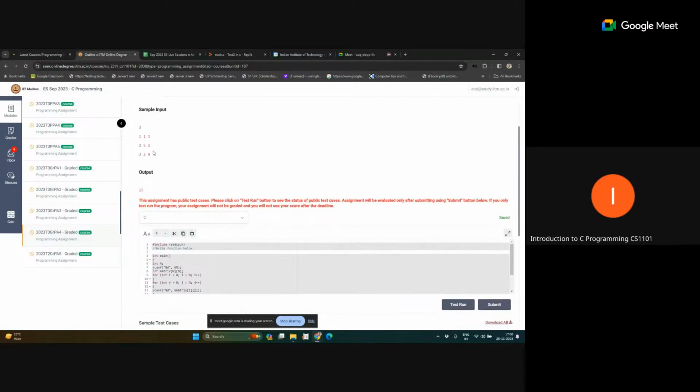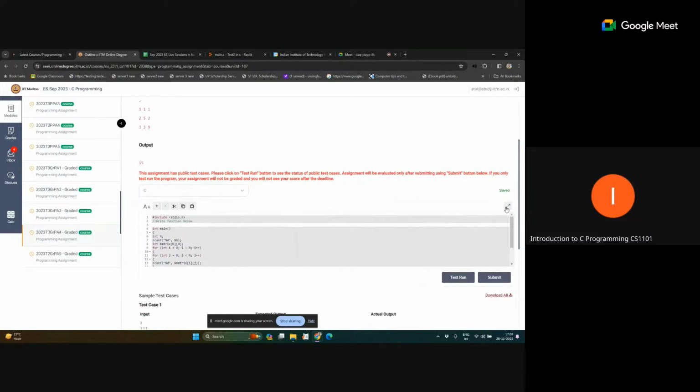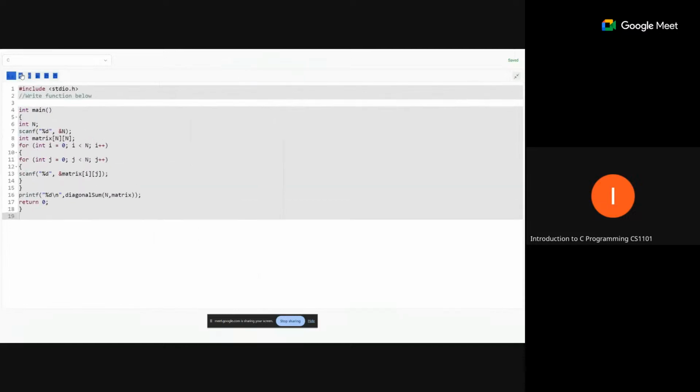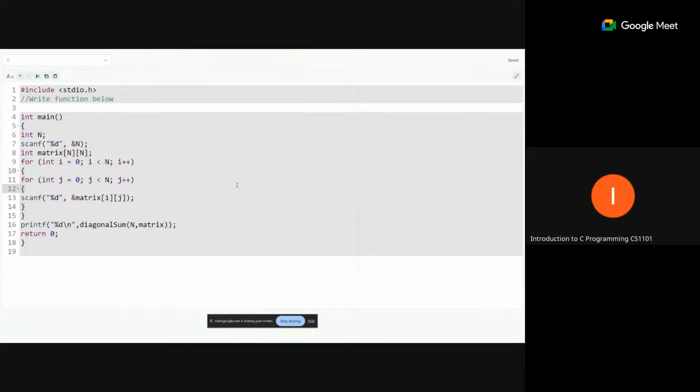You can traverse this matrix by two loops. If you see the code, you can also use this code structure. Let me zoom it. Okay, so how can we traverse the matrix? Here we are reading the value from the input, reading the element and storing it into the matrix at that ith row and jth column. So the same thing you can do, using the same nested loop structure, and when the i and